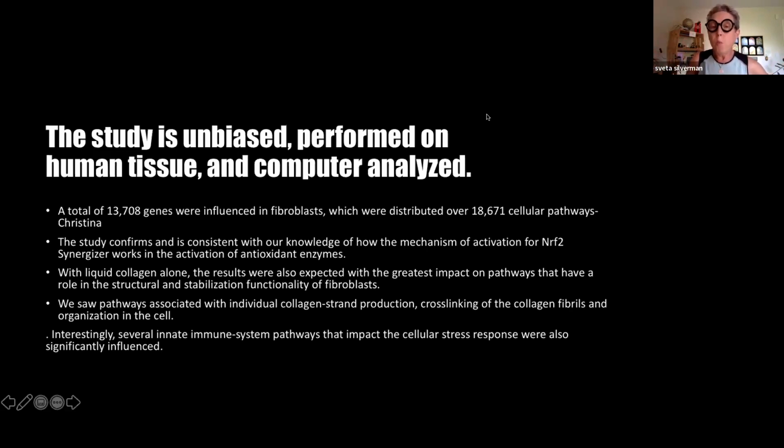Now, why I also like the study. People can say, oh, you know, this is a biased study, this was done by your company. No, this is a different type of study. This study cannot be fudged